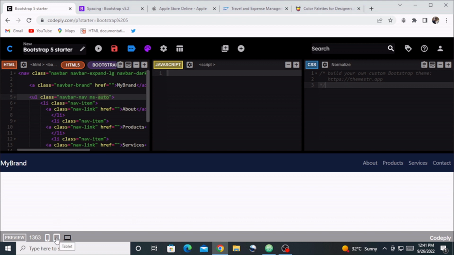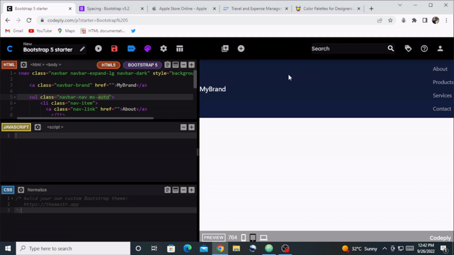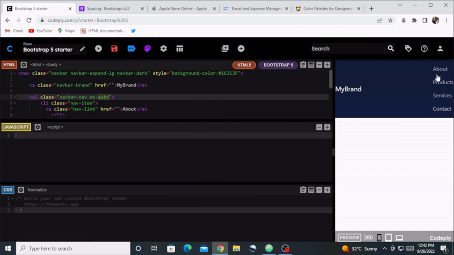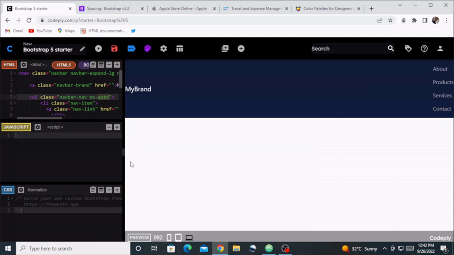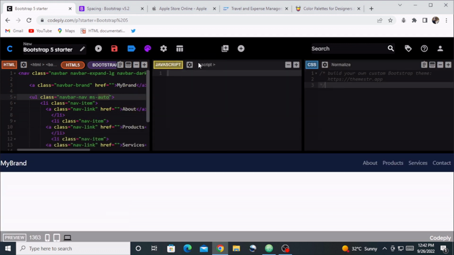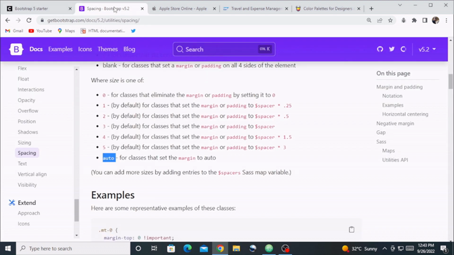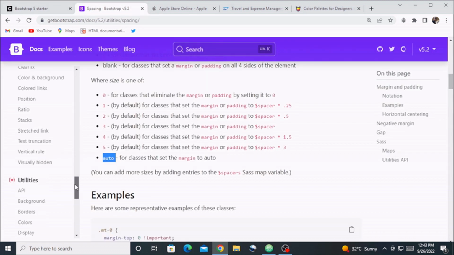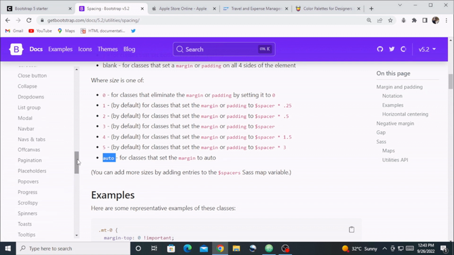Let's see how it looks on an iPad. So this is how our nav items will be stacked on smaller viewports. That is the size of your iPad. Let's see, that will also be the case on smartphones. Yes, so this is how they will look on a smartphone, but this is not how we want our nav items to be stacked when we are viewing them on smaller viewports. Let's go back to components and go to navbar